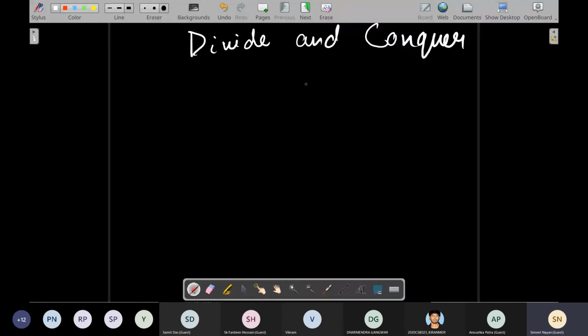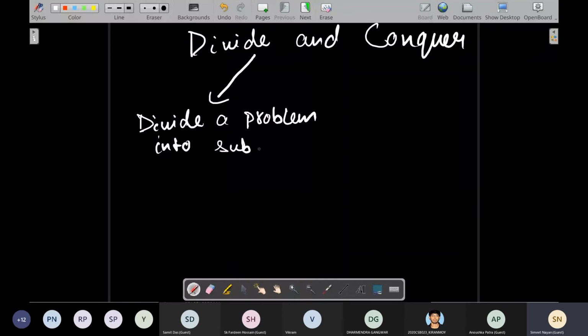So what divide and conquer basically means is, when we are given a problem, we divide the problem into subproblems, or smaller problems. And what conquer means,